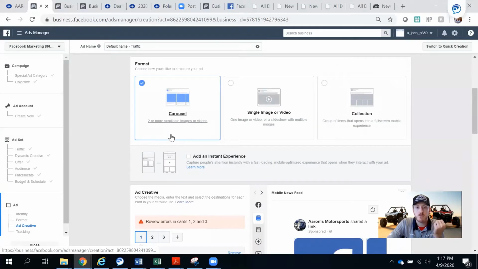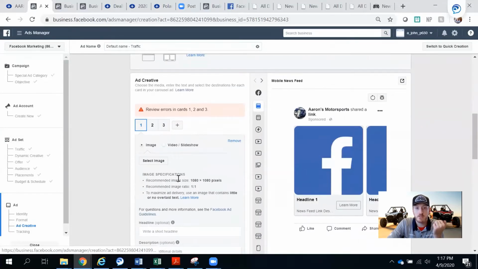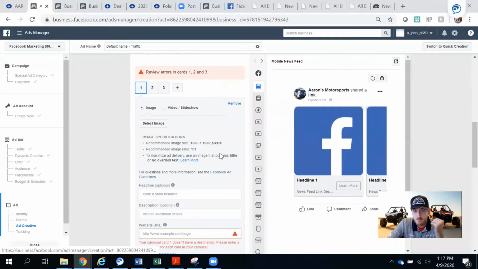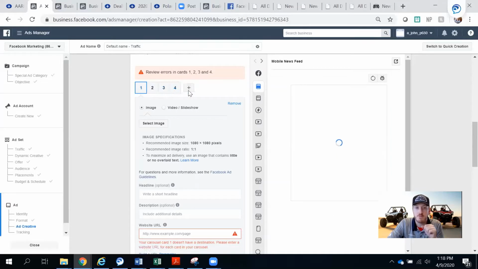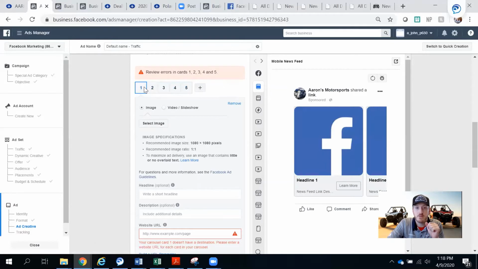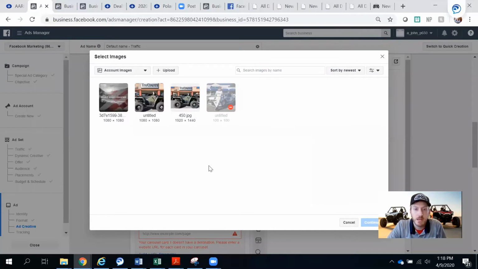From there, we're going to scroll down to our ad creative section. So this is where the customization really hits home. You're going to see 3 blocks pop up here, 1, 2, 3 by default. You can choose, I think, up to 15. And within each one of these creatives, you can actually upload specific headers, descriptions, and images. So I'm only going to update 2 or 3 of these to give you an example. But I'm going to go back to